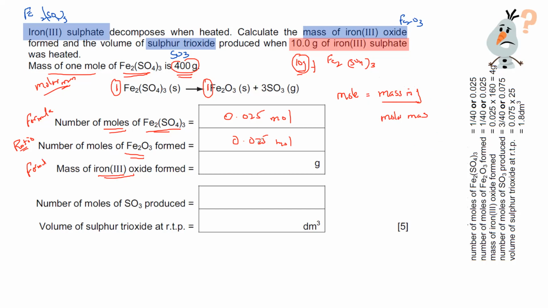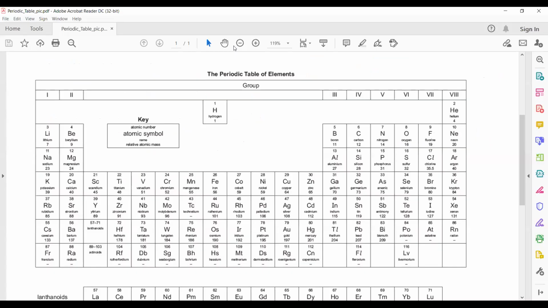We have the moles of iron 3 oxide from the previous part we solved, so we have the moles 0.025. Mass in gram we are finding, that is unknown. What about the molar mass? How to get the molar mass? You will use a periodic table for the molar mass of iron 3 oxide. The formula of iron 3 oxide is Fe2O3. So we'll use a periodic table to find the molar mass of